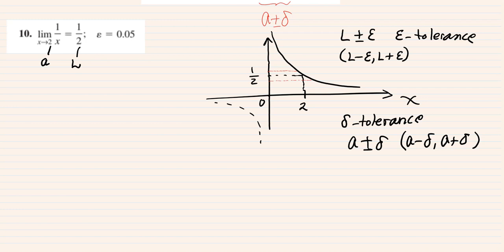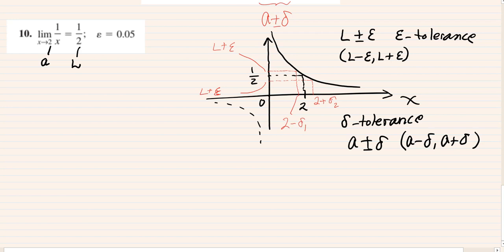So the higher number, the number up here, is going to be L plus epsilon, and the lower number is L minus epsilon. That's my epsilon. So it looks like I have to go this far. This would be 2 plus, let's say for now, delta 2, the higher one, and this one is going to be 2 minus delta 1. The reason I'm not using delta on both is because I know I have a non-linear interval,